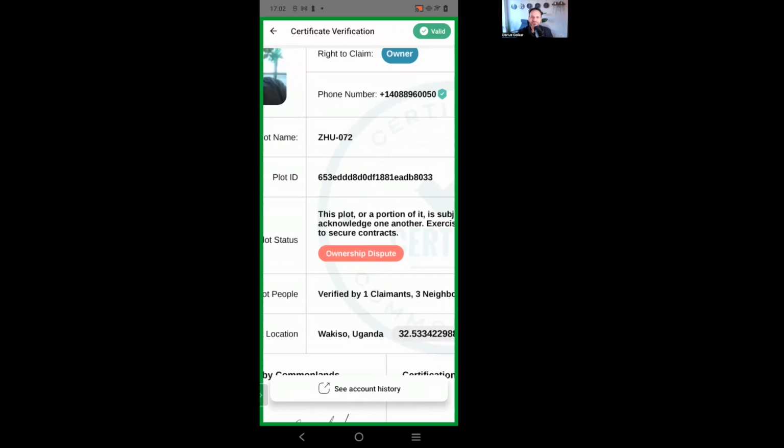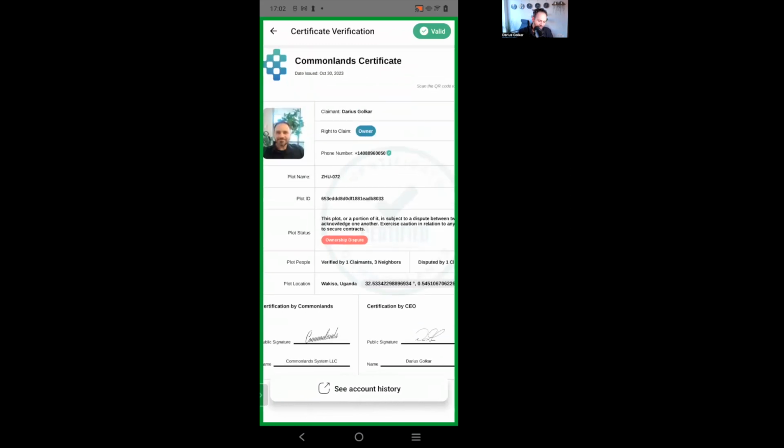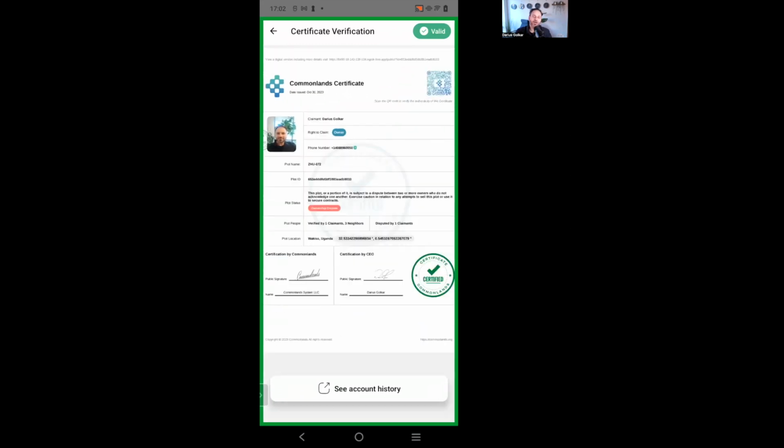Ownership dispute. So this is how you can verify the current status of anyone on the Commonlands system. As long as you have access to their certificate, you can scan it and verify it on our system. And if it's been superseded, you will be able to see it here.